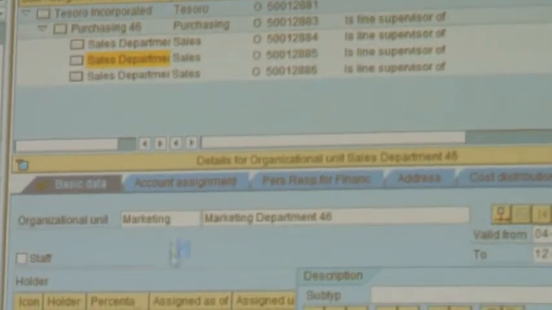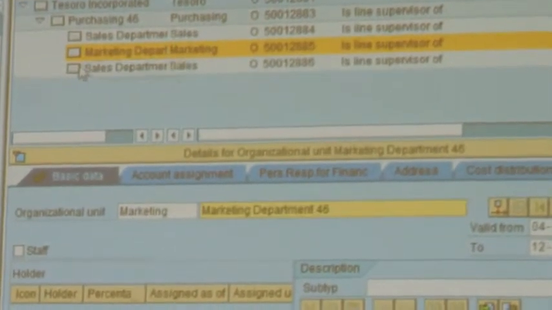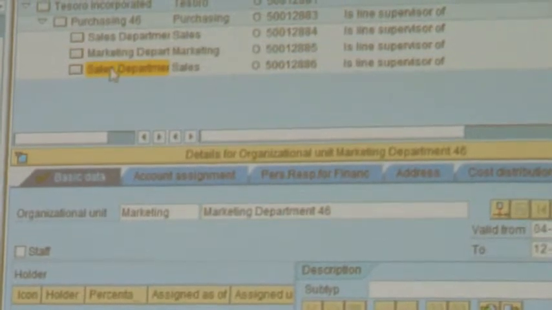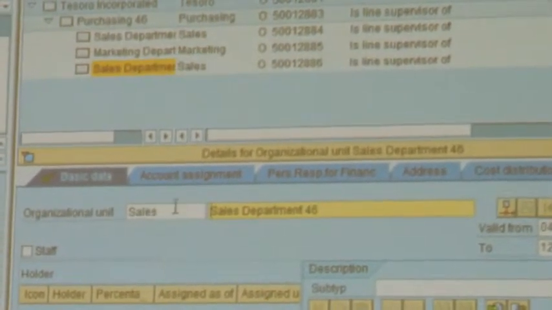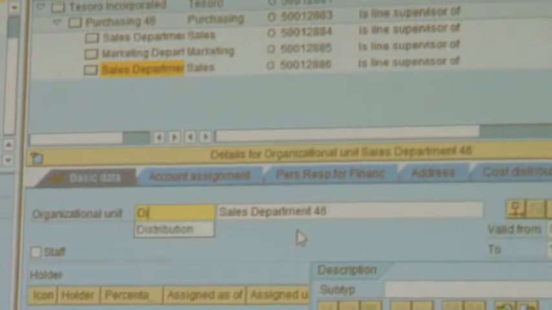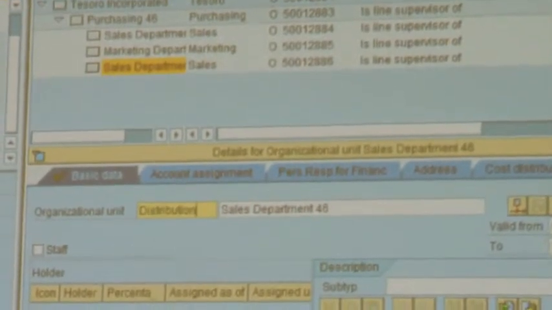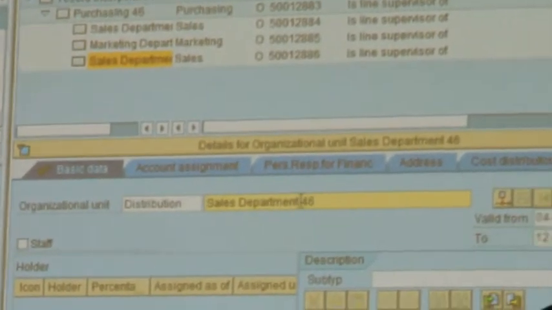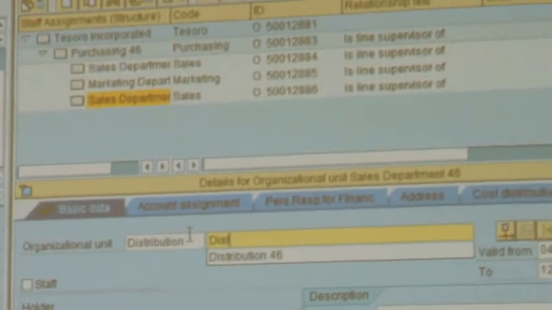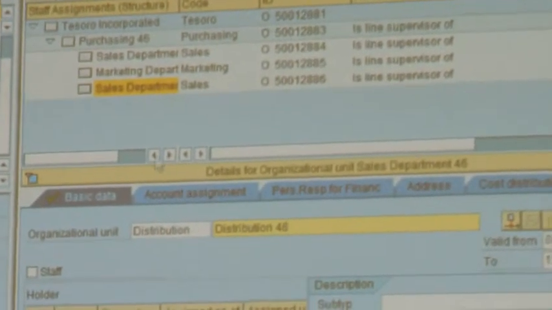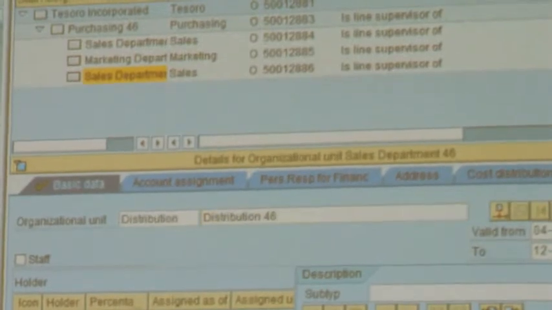Save. I'm going to change the name for the third department as distribution. Save.